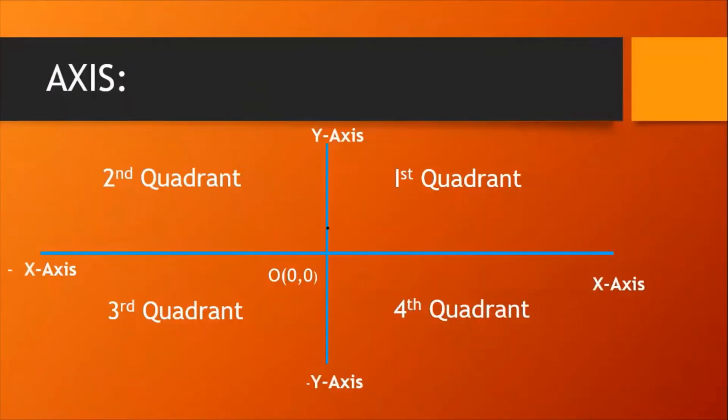And if I want to tell you more, here this is 90 degrees. So if it is 90 degrees, what will happen? It is 90 degrees, so obviously this is also 90. Each quadrant is of 90 degrees. And keep it in mind that when I add these two quadrants, this angle will become 180 degrees. And when I add 90 degrees here, it will become 270 degrees. When I add 90 degrees here, it will become 360 degrees. So keep it in mind.